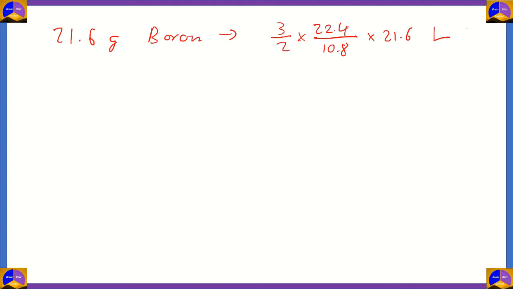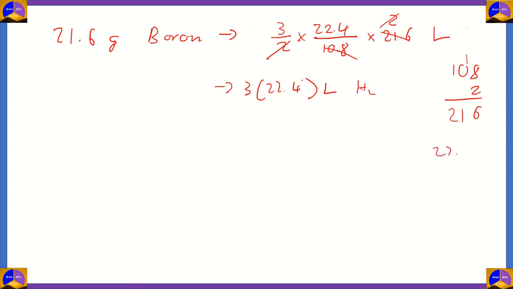So over here, if you take 10.8 and multiply that by 2, you'll get 21.6. So 21.6 is 2 times 10.8. So you get 2 in the numerator, and that 2 cancels with the 2 in the denominator, so you get 3 times 22.4 liters of hydrogen gas. So 22.4 times 3: 4 times 3 is 12, 2 times 3 is 6, plus 1 is 7, 2 times 3 is 6. So you get